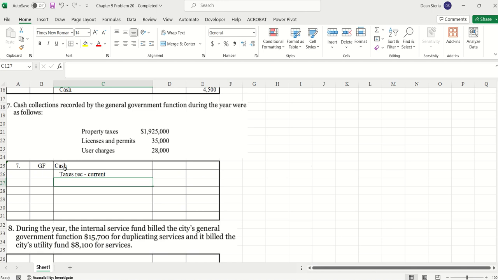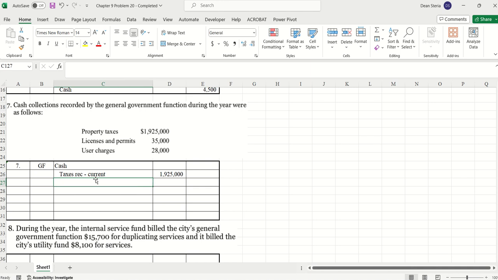So the cash that we collected was, we're not sure yet. So we got our cash, our taxes receivable current, which is the 1925,